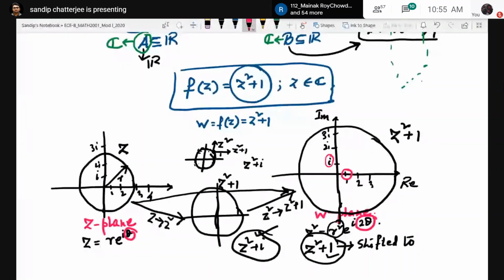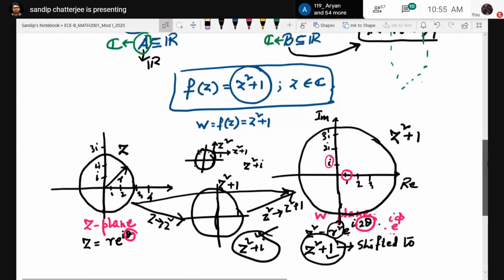When you multiply by an exponential value, then you will get a rotation, because it's pretty simple. Here, if I multiply, say, e to the power i5, then you will multiply the two terms, and as a result, you will get e to the power i into 2 theta plus 5. So your angle 2 theta got a rotation of 5 further. So since we are only translating, the argument will not change. Only we will get a shift.